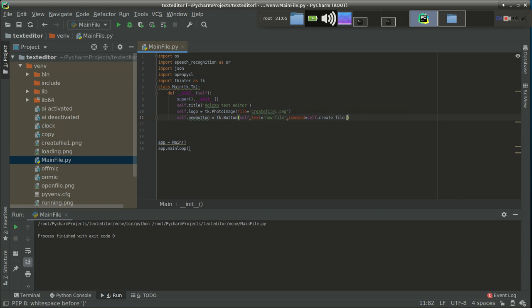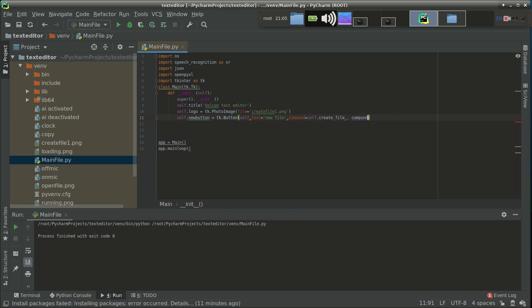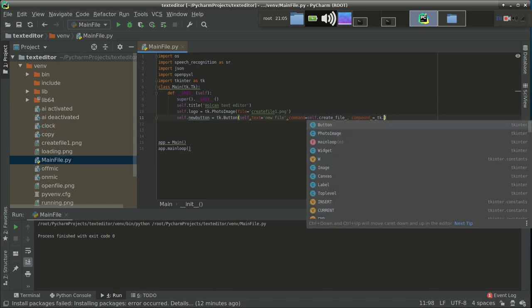Now it's time to do formatting of the button. So specify compound. Compound is used for formatting actually. You can also change the value according to yourself. So tk dot top. Yeah, top should be in uppercase.